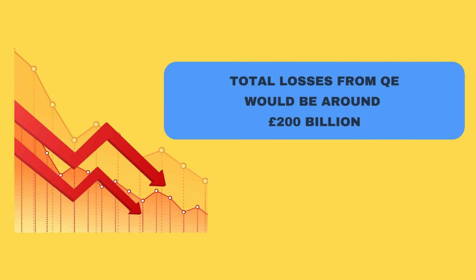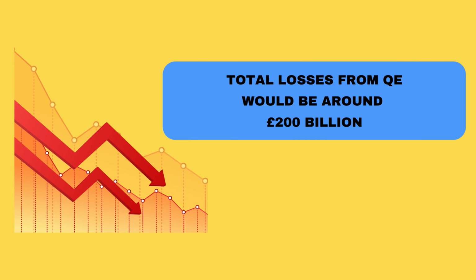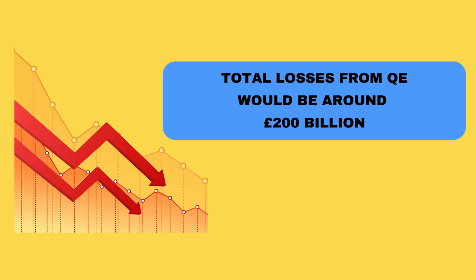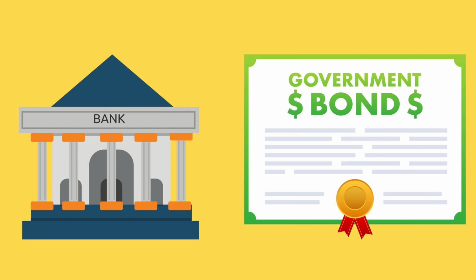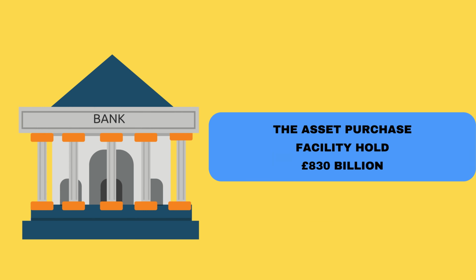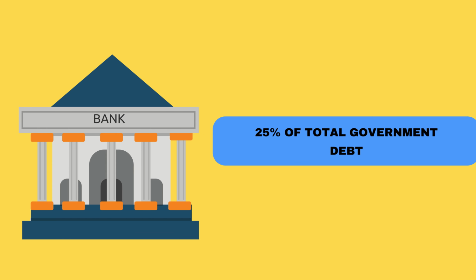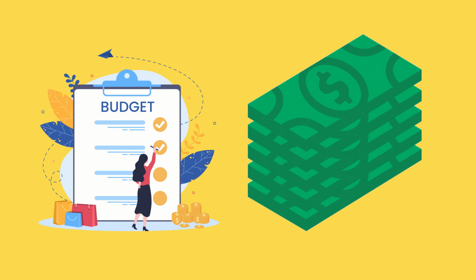Estimates suggest that the QE program could potentially result in a net loss of up to £200 billion, illustrating the substantial fiscal implications of these monetary policy operations. The amount of gilts under the asset purchase program is about £830 billion, which amounts to roughly 25% of the government's overall debt. This could mean more of the government budget going towards interest payments rather than public services or